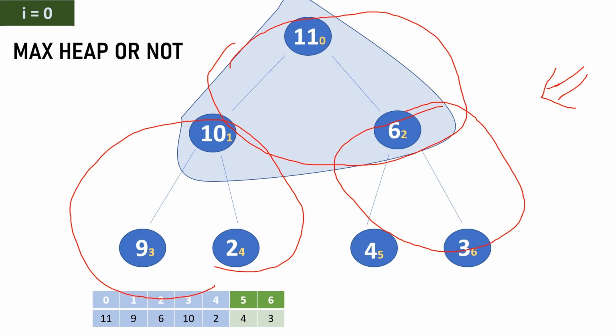So this is the way we can make a binary heap a max heap. Even if it is already a min heap, we can also convert it into a max heap. And for a min heap, the condition is different: you just need to put a less than sign instead of a greater than sign.